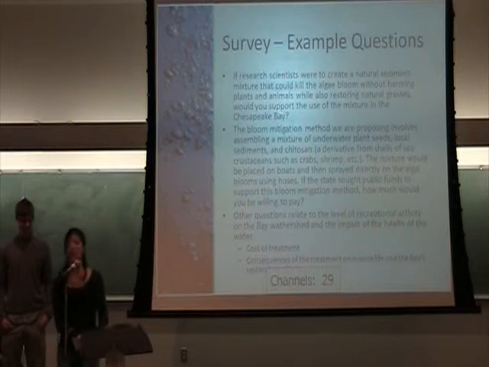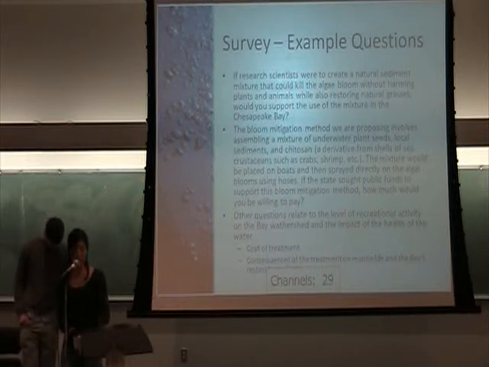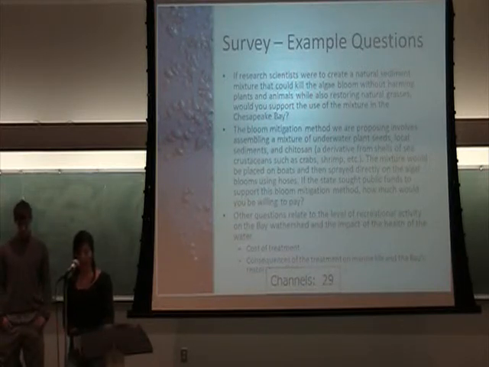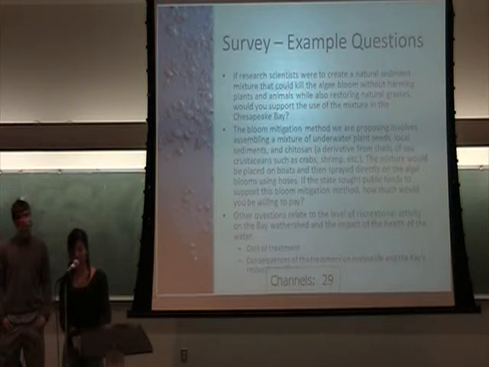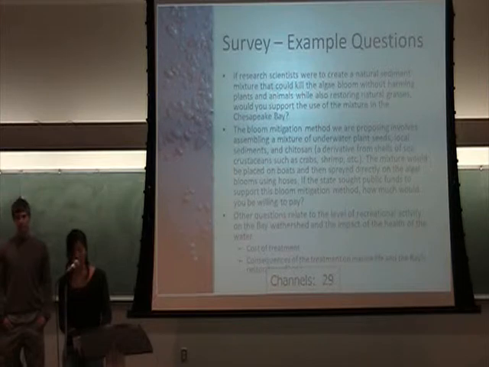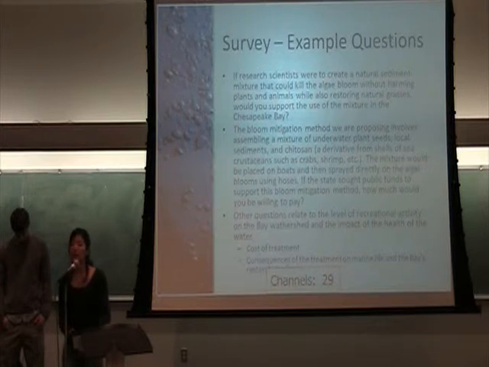The second question that we focused on was: the bloom mitigation method we are proposing involves assembling a mixture of underwater plant seeds, local sediments, and chitosan, a derivative of shells from sea crustaceans such as crabs and shrimp. The mixture would be placed on boats, then sprayed directly on the algal blooms using hoses. If the state sought public funds to support the bloom mitigation method, how much would you be willing to pay? And the answer choices we gave were less than $1, $1 to $2, $2 to $5, $5 to $10,